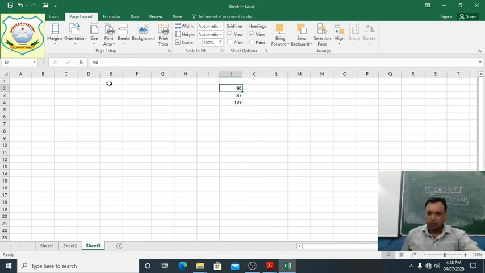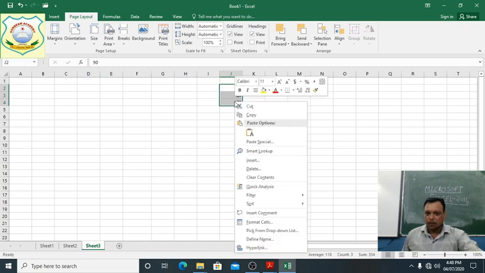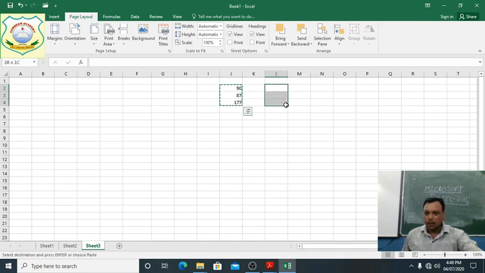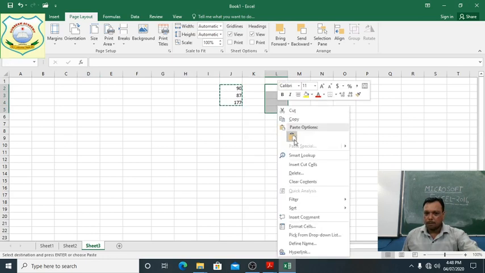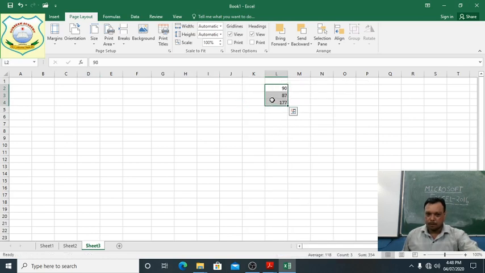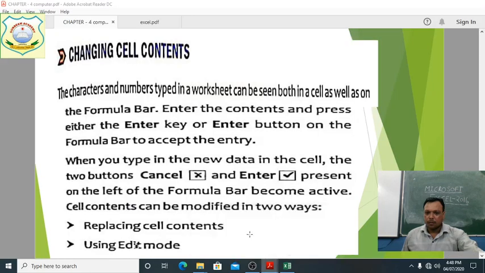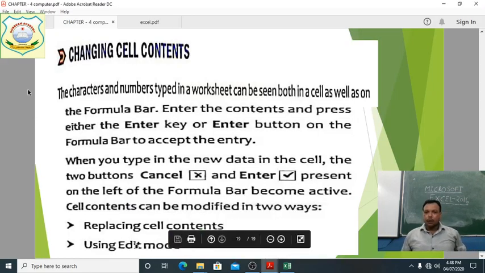Here it is given that if you want to replace cell contents, we can cut it and paste here, this way. Also the same thing here. When you type in new data in a cell, the two buttons, Cancel and Enter, appear on the left of the formula bar.